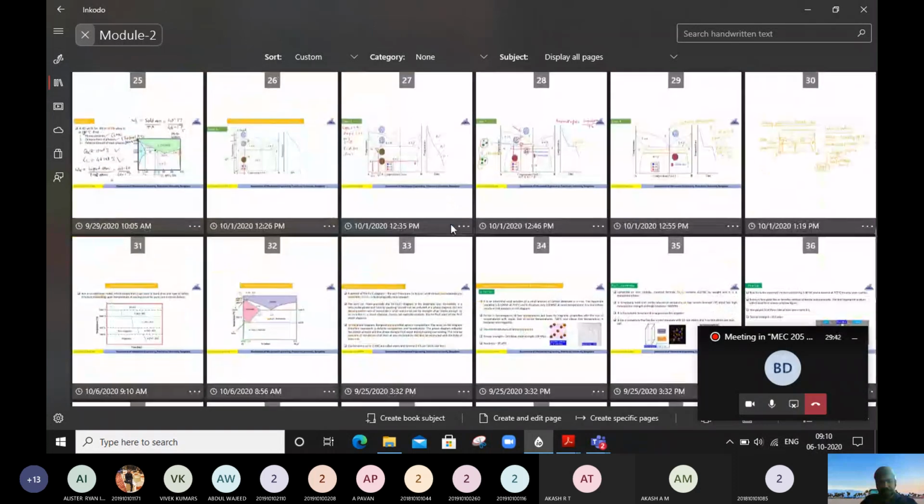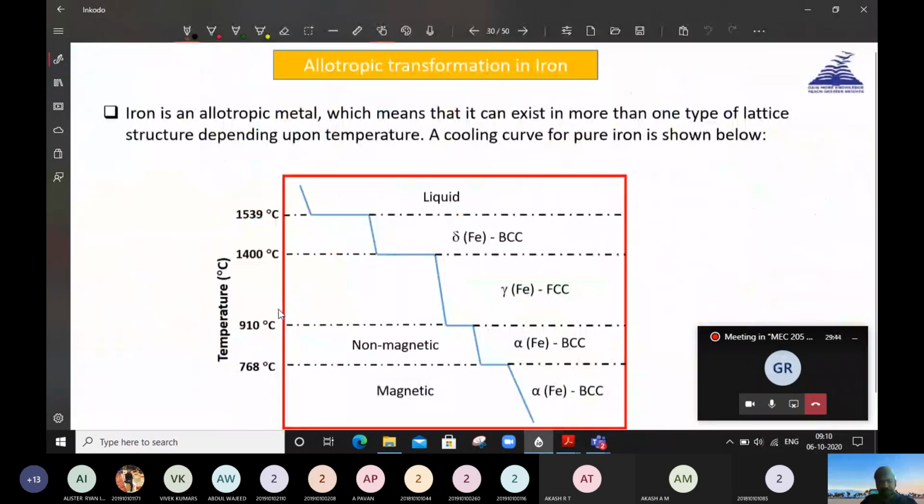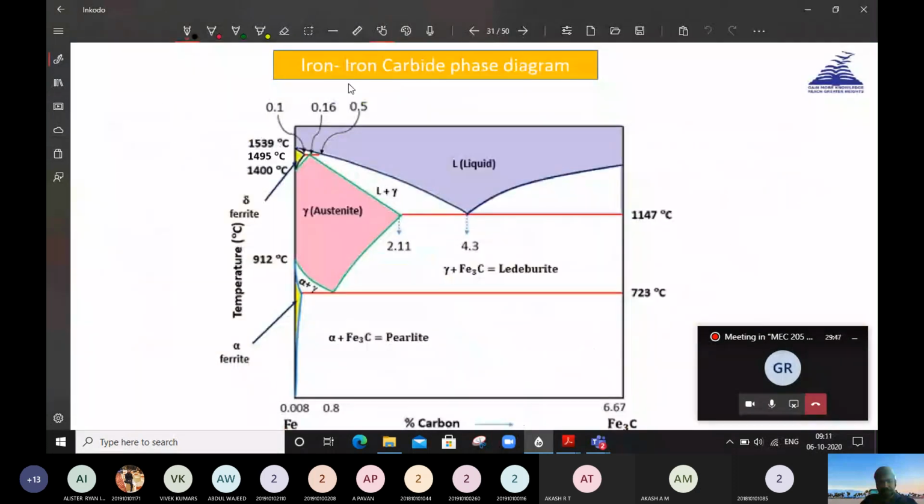Okay, so here is the iron carbide phase diagram. First you have to understand why I have written iron carbide. I am telling you that this is the iron carbon diagram, and I have written over here iron carbide. So here, as you can see in this composition axis, let me reduce the size.